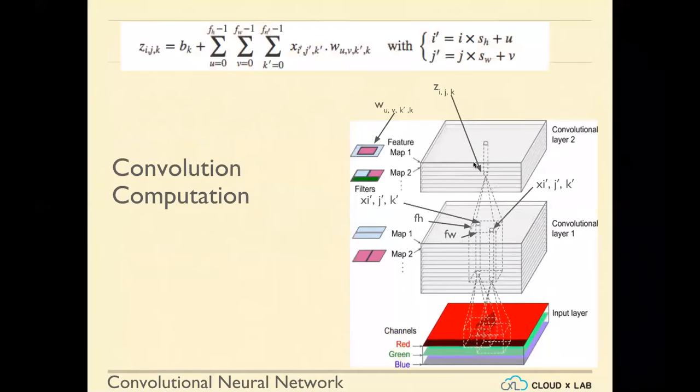I think the reason why we are talking about this one is this formula. The value at this point i, j, and k is equal to a bias variable. This bias is essentially the same for the whole layer. That's what it represents, and plus